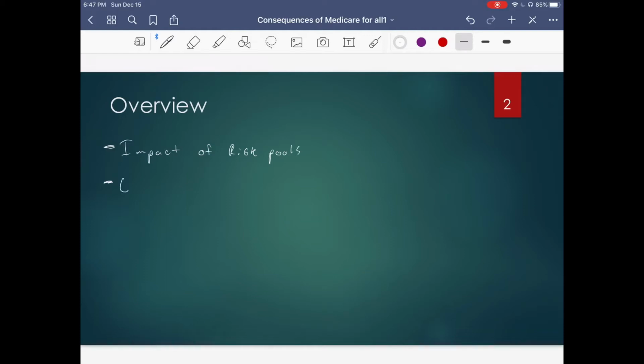the current structure of Medicare, I will provide an explanation of the specific policy proposal of Medicare for All. And then I will go over my perceived consequences that the economy faces with the introduction of a policy such as Medicare for All.